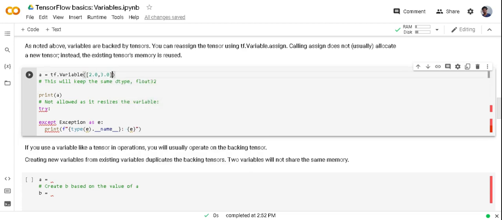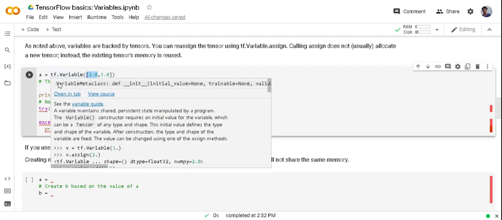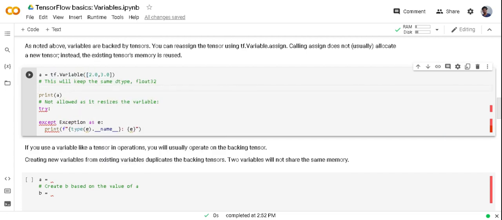And right now the variable shape is 1 by 2 and data type is float32. And later if you assign different values to this variable, like integer values, the original data type float32 will not change even when you assign integer values to it. Let me show a.assign 1.